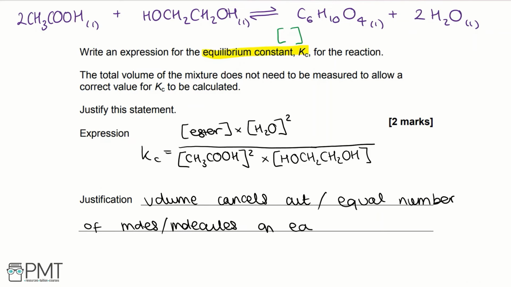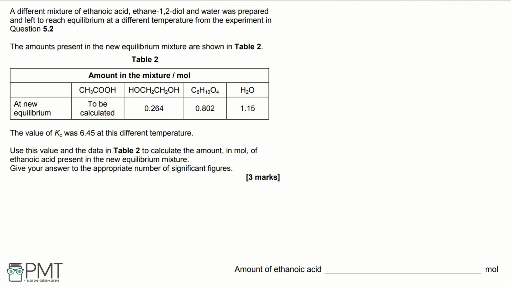So again, you don't need to calculate volume. Either of these statements will get you the second mark for this question, and your first mark comes from the correct expression for Kc. A different mixture of ethanoic acid, ethane 1,2-diol and water was prepared and left to reach